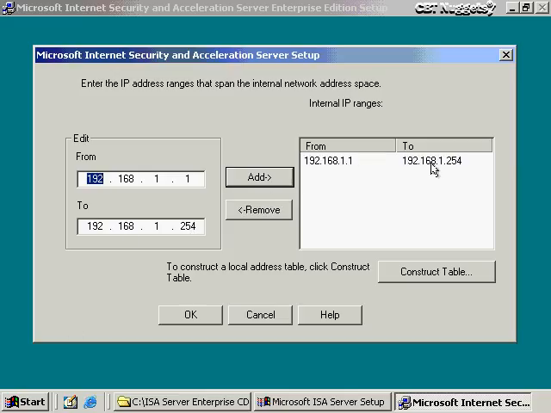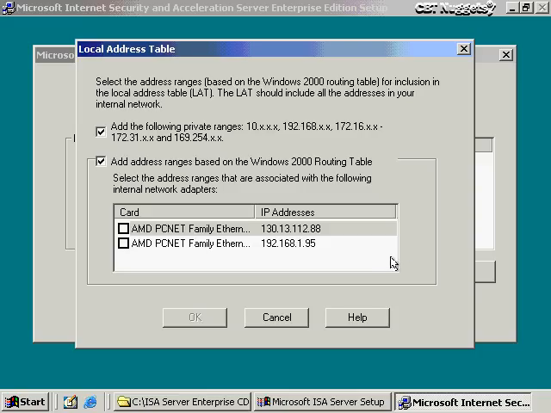Now Microsoft gives us a shortcut. I'm going to remove this, and I'll show you why. We have this Construct Table button over on the right-hand side. This makes it easy. We have two options. One is we can add all of the private ranges, since Microsoft assumes that we'll be, number one, using a private range, and number two, that these will never be found out on the internet, which they can assume correctly. So we can choose to add all of them, or we can choose to add addresses based on our network